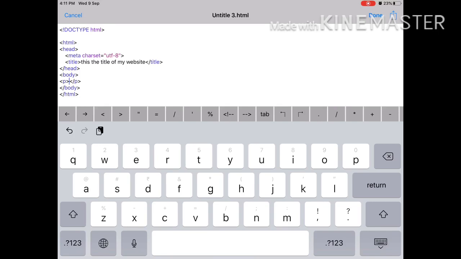Whenever we want to close an element, we have to write the less than symbol, then a slash, then the name of the element. So we are using the P element, so the less than symbol, then slash, then the name which is P, and then the greater than symbol. So now I have done the P element.